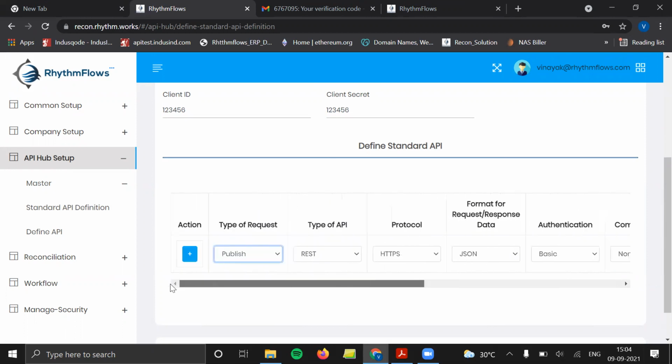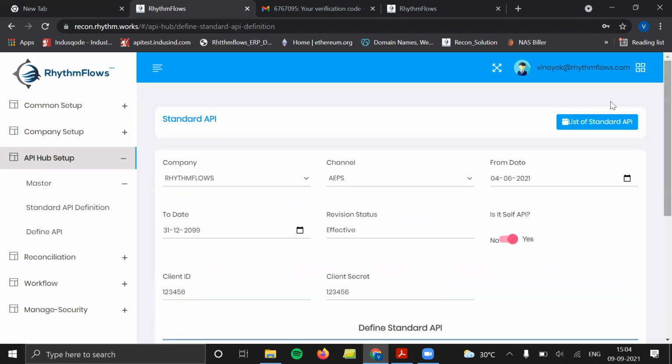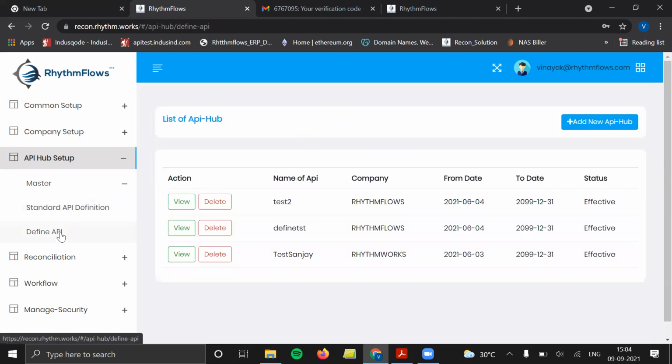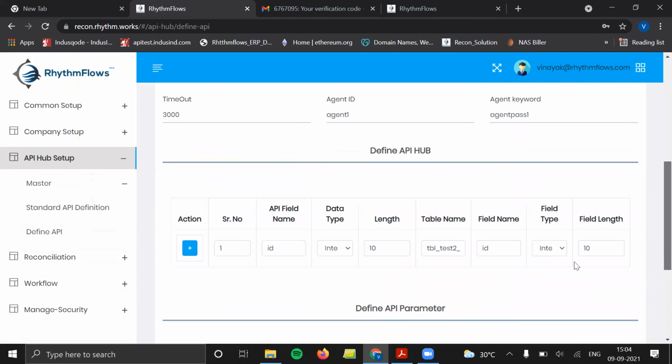Like I defined for my company, I can define it for another company, say a bank or whosoever. I can define their standards. That becomes the initial part, where I define the standard protocols. Once that is done, it helps me create the APIs, and using this information I go ahead and define,